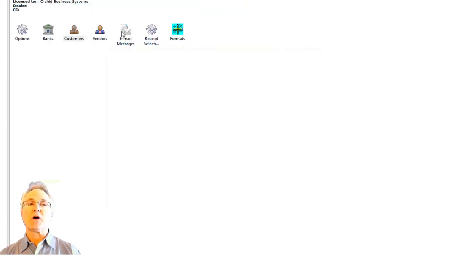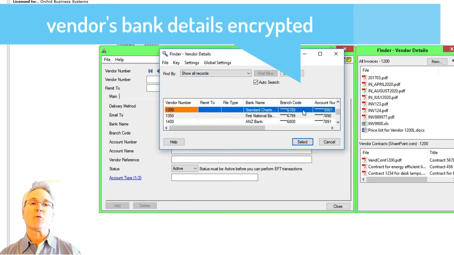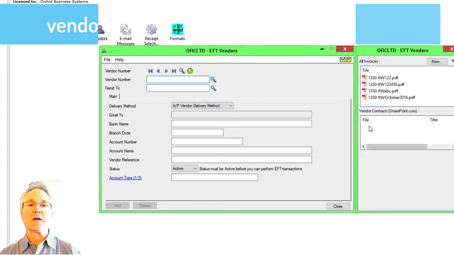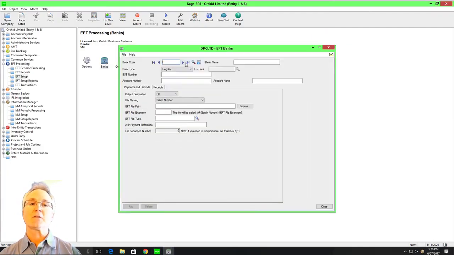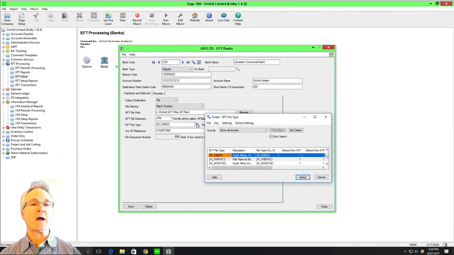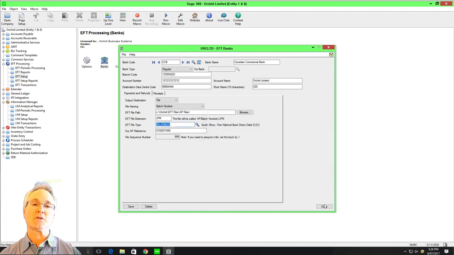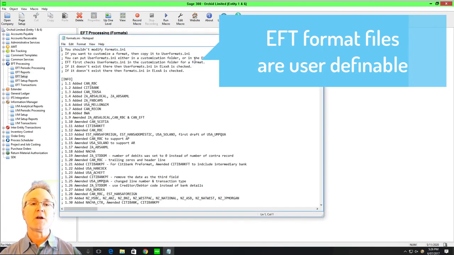EFT processing operates with both payments and receipts within one module for one very cost-effective price. This is an excellent way for you to streamline the process within your organization. By supporting hundreds and hundreds of different formats, we know that there's a file format that's compatible with your particular bank or financial institution. And one bonus, if you're running a current version of Sage 300, Orchid Systems will also generate additional